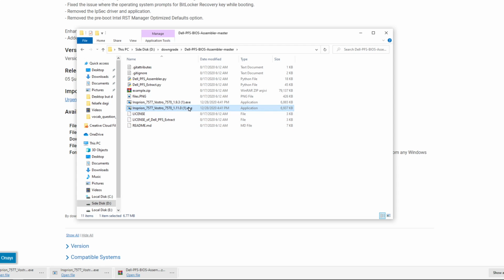Now mind you, my exe files have parentheses and inside them some numbers. This just means that I downloaded these files before, and yours might look different. The only important thing here is the versions. Make sure that you have 1.11.0 at the end and 1.9.3. Okay, so we're ready. What we're going to do is click here, right there, and type C